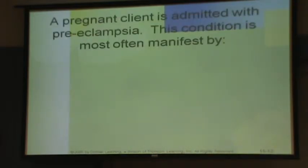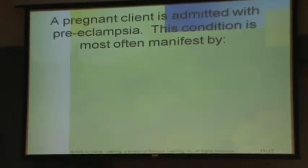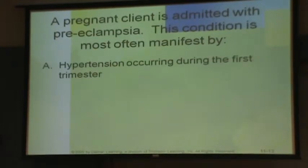Okay, let's try a question. A pregnant client is admitted with preeclampsia. The condition is most often manifested by hypertension occurring during the first